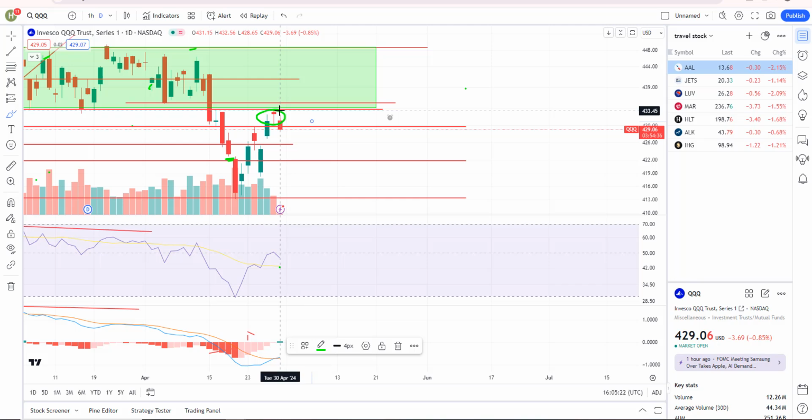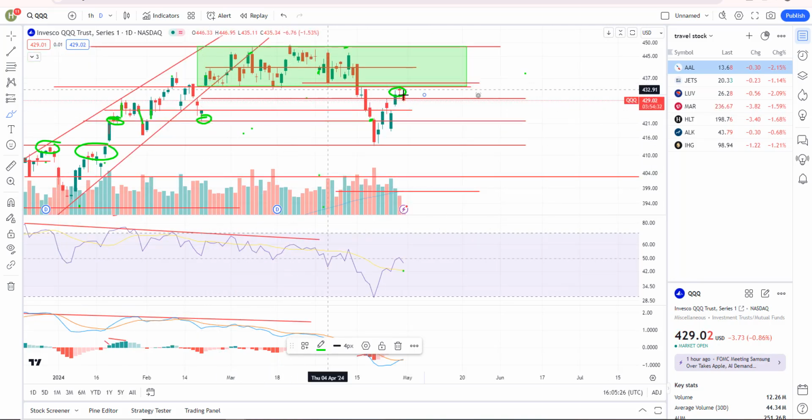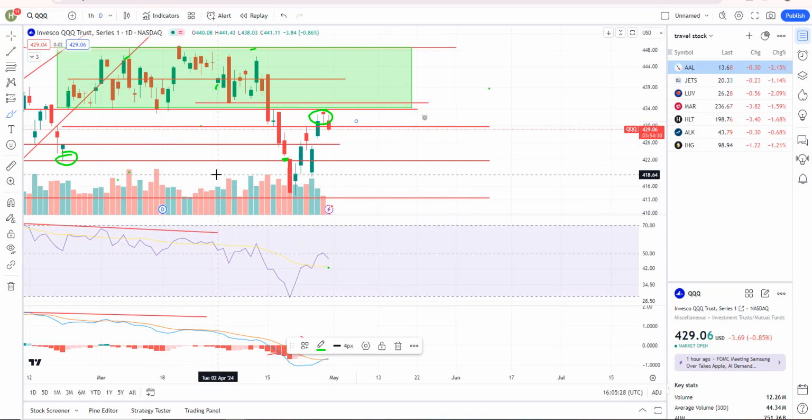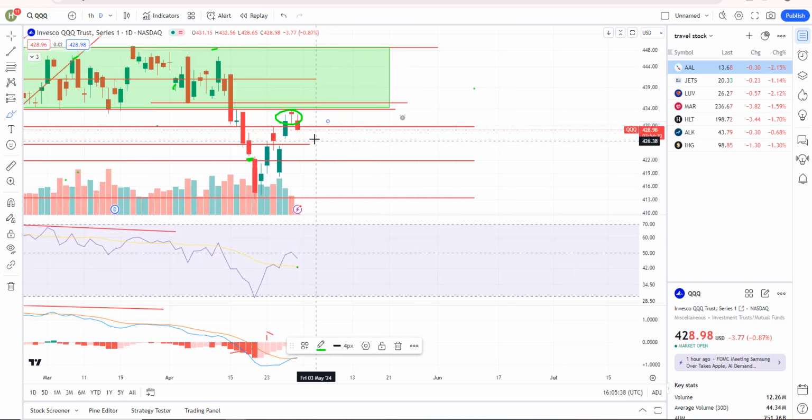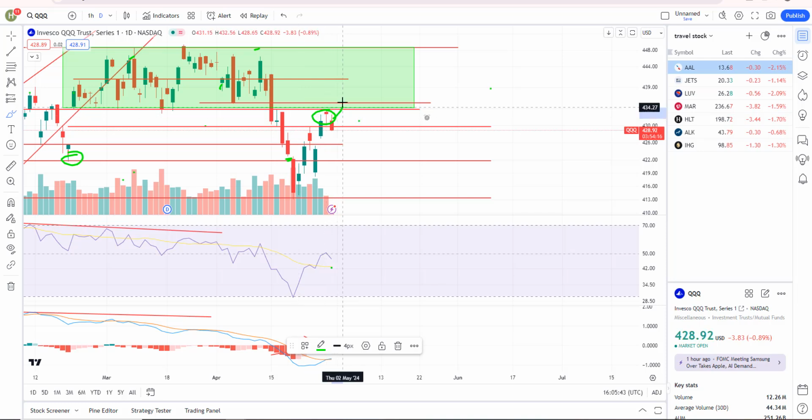So again, this is resistance right here. I didn't think we were going to get up to it because it was such an obvious level, but we did, okay? That doesn't mean that it's not going to hold as resistance. It has been the key level of resistance the entire time, and it remains resistance. We're seeing selling today. Now, because it's such a key level and we did hit it, I could see us popping above it and running a bunch of stops, because everybody notices that level as a key level of resistance.